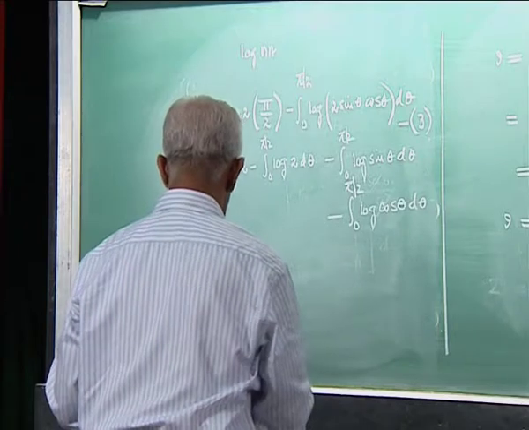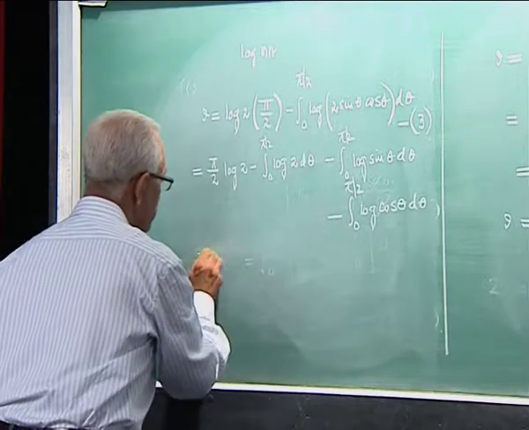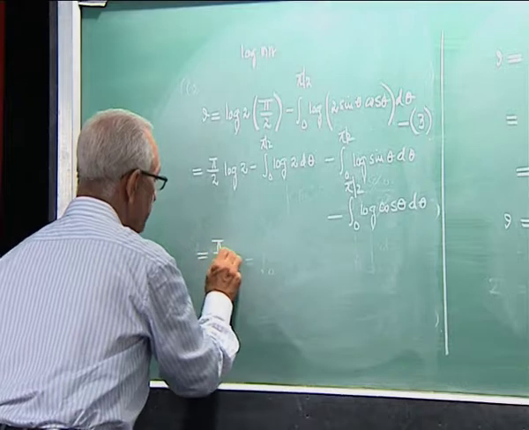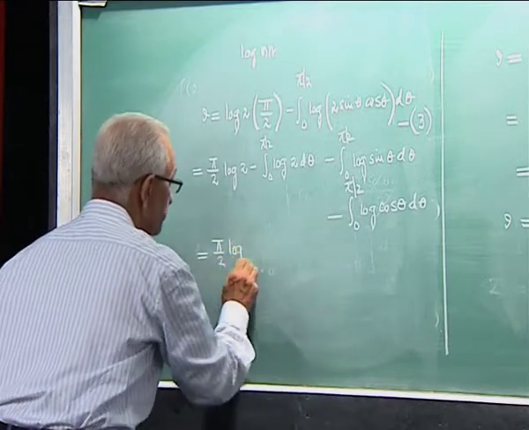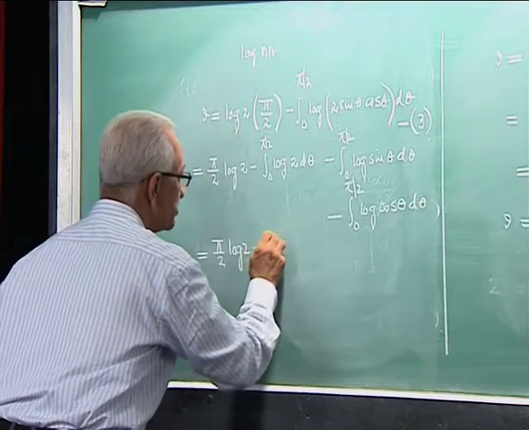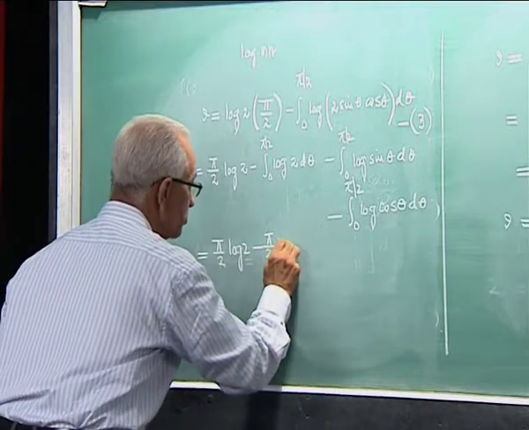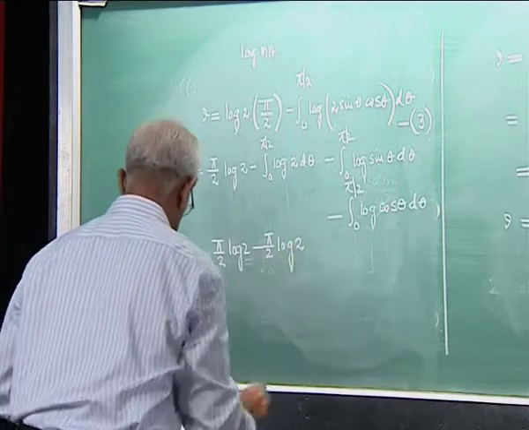I have taken everything out. So this will be equal to pi by 2 log of 2. This will also be the same. I'll have pi by 2 log of 2